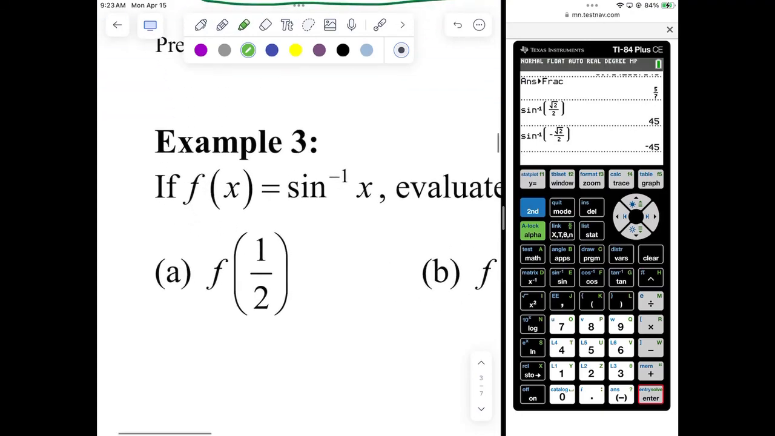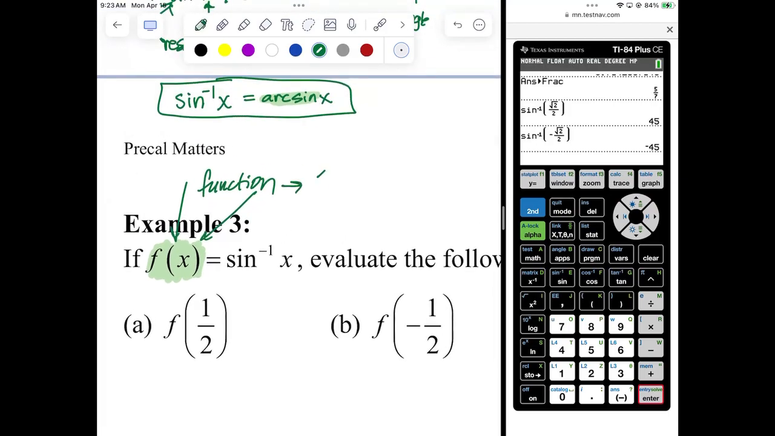Let's try it out. If f of x is equal to inverse sine of x. Now notice the inverse sine of x there is not capitalized, is it? But is it the function with only one output, and the answer has to be in the PVR? Or is it the operation where I'm finding all the solutions in a given interval? How do you know it's the function? Well, how do you know it's a function right there? It says f of x. So that means we're looking for the function, which means one output only